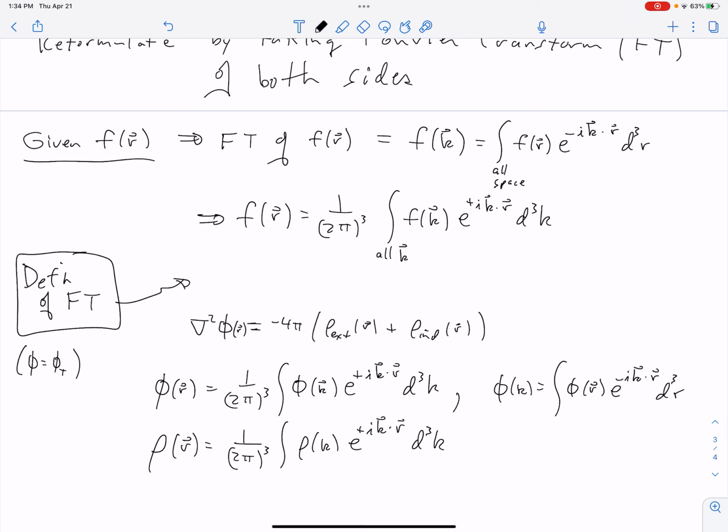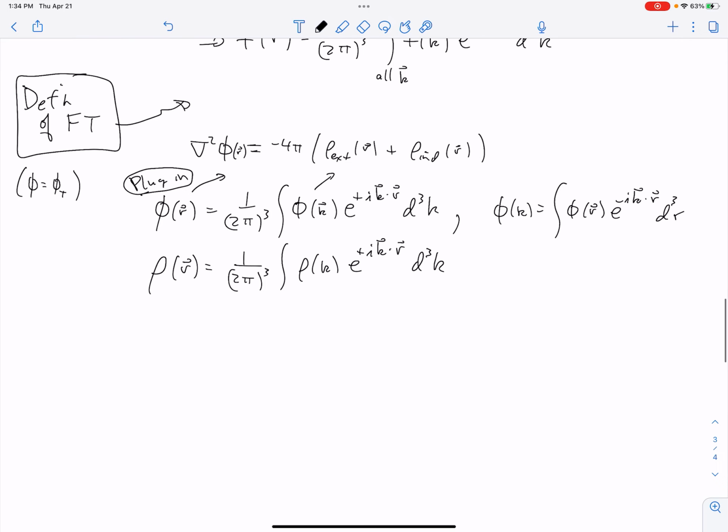So if I do that, then I can plug these Fourier transforms into my differential equation, and so now I have del squared of 1 over 2 pi cubed integral phi of k e to the I k dot r d cubed k